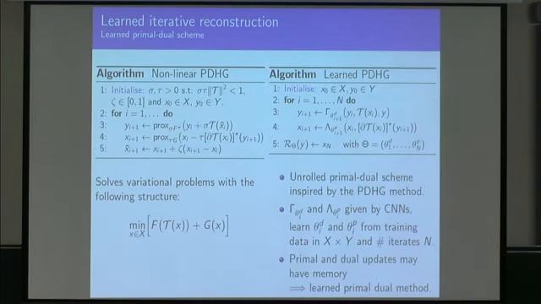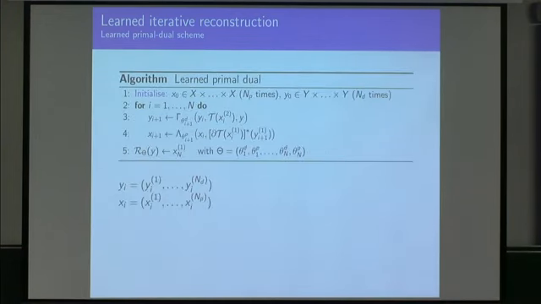And then of course we know that there are more sophisticated optimization methods out there, so you can essentially take the same idea and apply that in a more sophisticated context. Here it's illustrated for the learned nonlinear primal-dual hybrid gradient scheme. You will again replace these proximal steps with learned steps here. And you can also add memory into the primal and dual updates, and that will essentially bring you to the learned primal-dual method. It looks a bit complicated, but essentially it's the primal-dual, but the proximal is replaced by learning, but you retain the same components, so you essentially have the same information like the variational methods have.